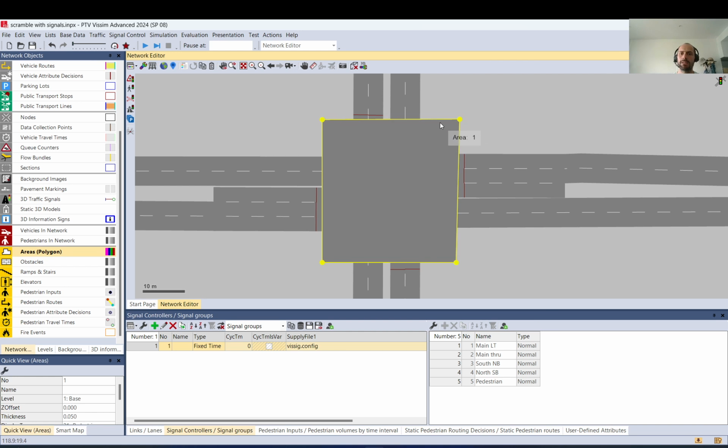We don't need this blob here, this corner. So I'm going to just remove that. Like that. And what we will do, and this is very important,